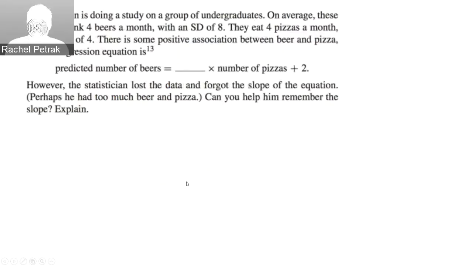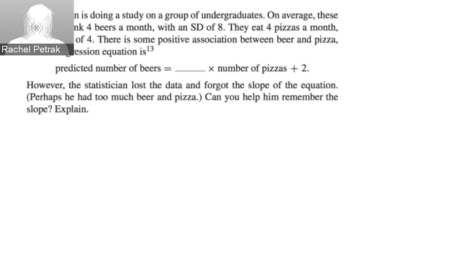Let's look at our next problem. Now we have a statistician who's doing a study on a group of undergraduates. On average, these students drink 4 beers a month with a standard deviation of 8. They eat 4 pizzas a month with a standard deviation of 4. There is some positive association between beer and pizza, and the regression equation is, now we'll break this out, but